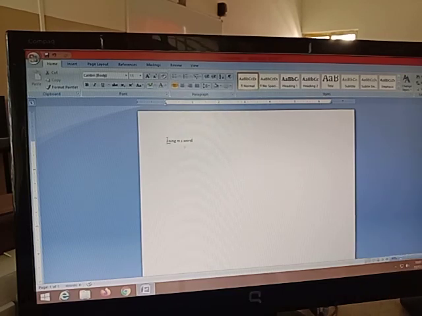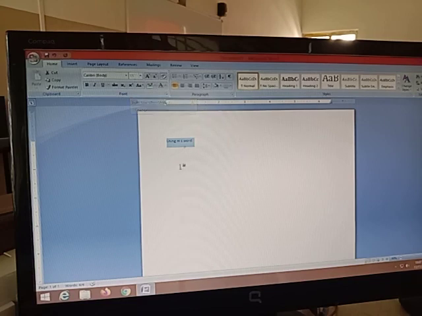Now it is very small. If I want to increase the size, first I will select this text. Then you have to click on the home menu. Here come to the home menu. Can you see this is the home menu? It is already on. When you click on the home tab, all the text related formatting options will be coming. Formatting means increasing the size, decreasing the size, applying the color, applying the font styles. These all can be done with the help of formatting of text.